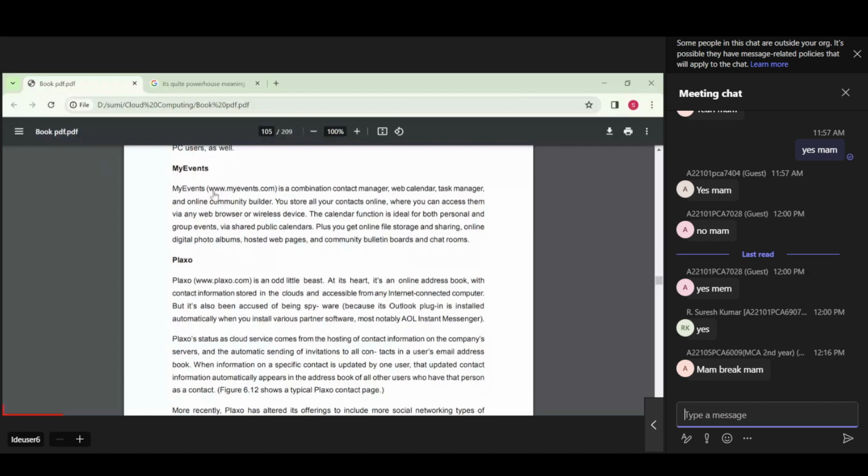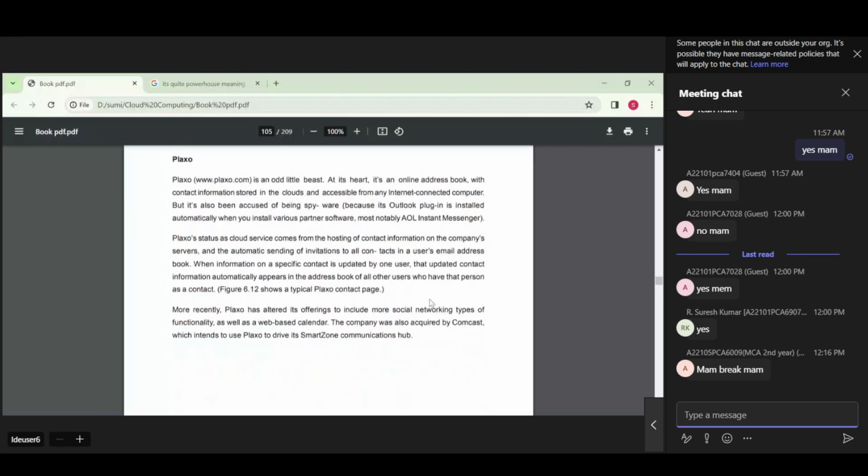Plaxo is an odd little beast. That means this provides an online address book. Contact information is stored in the cloud, so you can access it from anywhere. Okay, and hosting of contact information on the company servers. All this information is hosted on the company servers. Sending of invitations to all the users, etc. All this can be done in this application. And when information on a specific contact is updated by one user, this is automatically updated in the address book also. Okay,